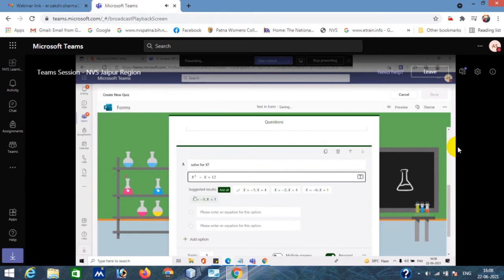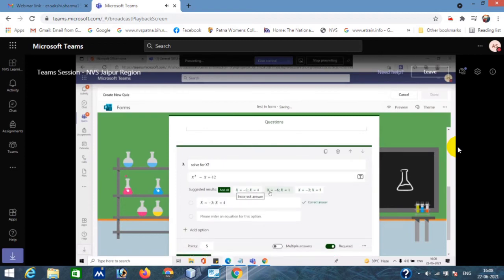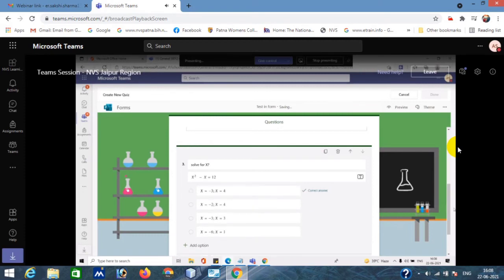So here, through the system AI, it will also give me the options. What is the correct option for this question? So I can choose accordingly. So this is the correct answer. So it is also asking me to add those options, right? So you can see how comfortable it is, how easy the form is to use, right? You just enter the equations and it is also showing you the options, which option you can use.